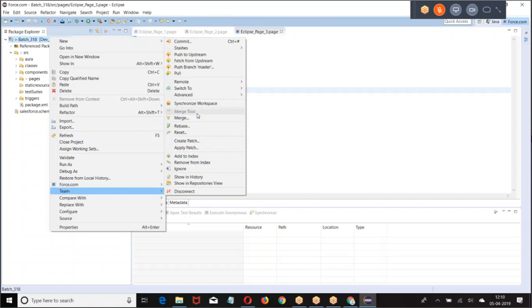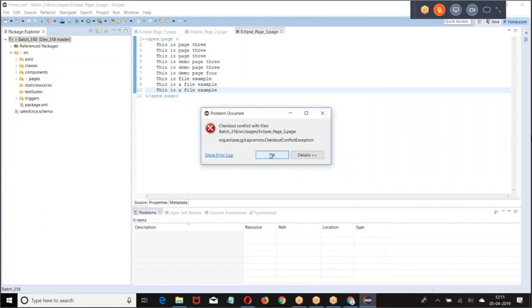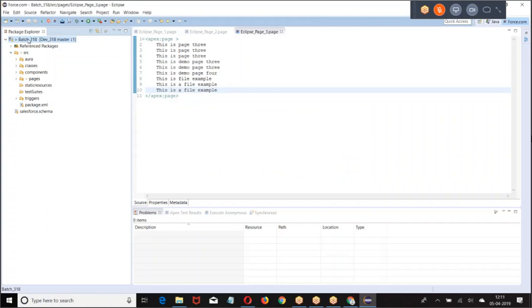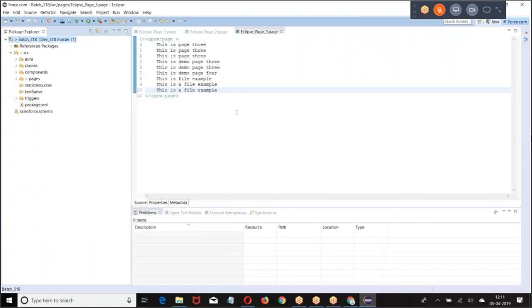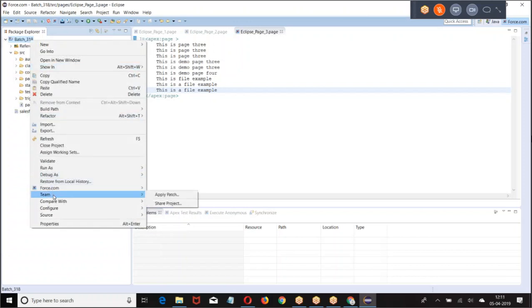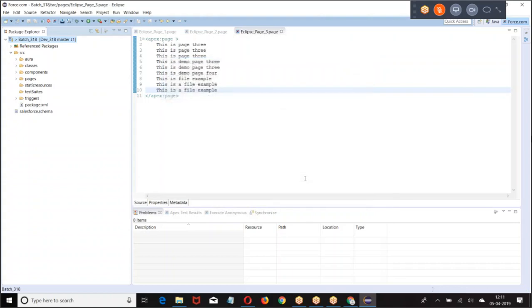Team, Pull. There's a conflict of checkout. Again, I have to disconnect. Right click, Team, Share the project, Finish.